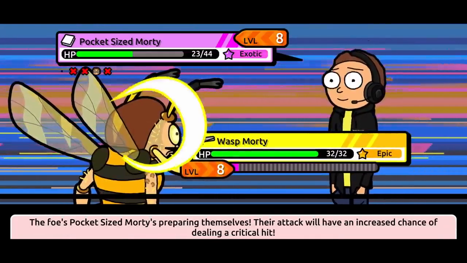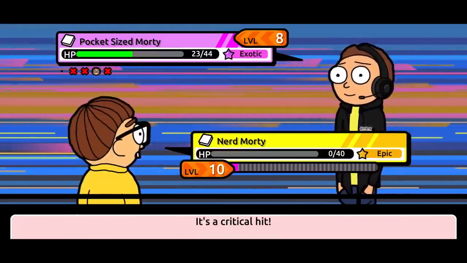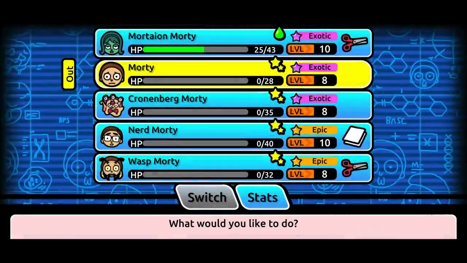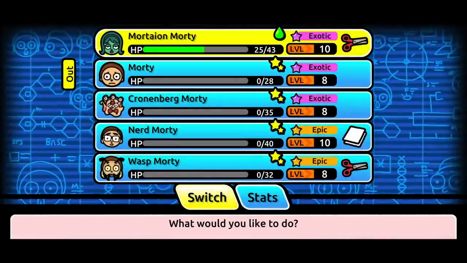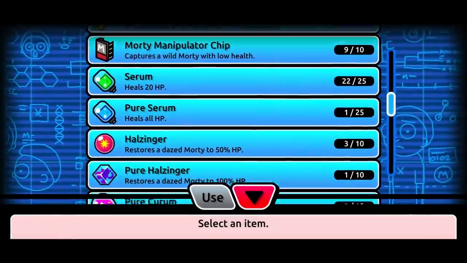And it didn't just stop at that first Cronenberg Morty, it even one-shot my Wasp Morty, my Nerd Morty, and then even my exotic normal Morty, which at this point I was pretty positive it was going to one-shot my Mortian Morty as well. But I had something devious planned, because I remembered that I had an item that I